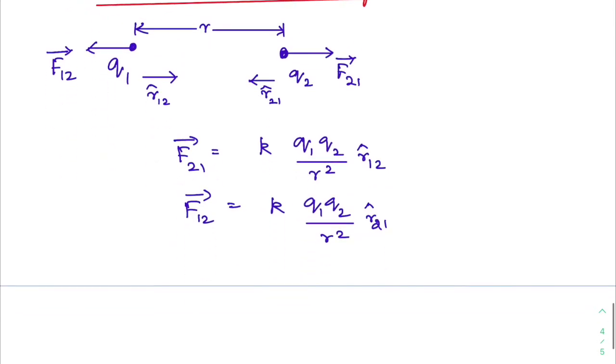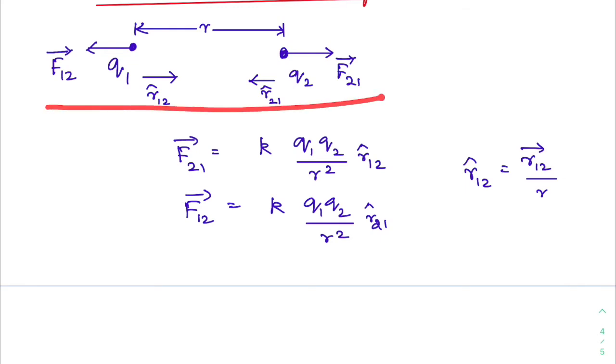And we can also say R21 cap and R12 cap are vectors called unit vectors. Generally the unit vectors are given as, say for example, R12 cap can be written as R12 vector whole divided by R, right? Because the above is going to be the vector and below it is going to be the modulus of the vector, which is going to be unit. So these unit vectors are only going to give the directions for the entire equation and are not going to contribute to the magnitudes.